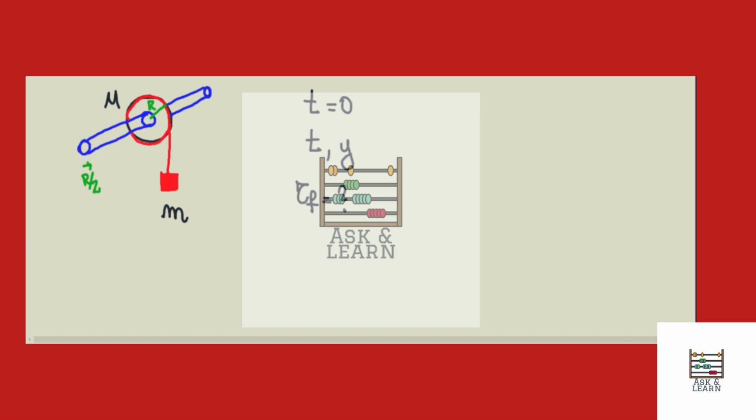So what I'm going to do is to write the force equation for both the counterweight and the spool itself. So for the counterweight, we have the weight force pulling it down. So I'm going to call it W. And then we have the tension force pushing it up. So we have the weight force, that's mg, minus the tension, and that's equal to m times the acceleration a